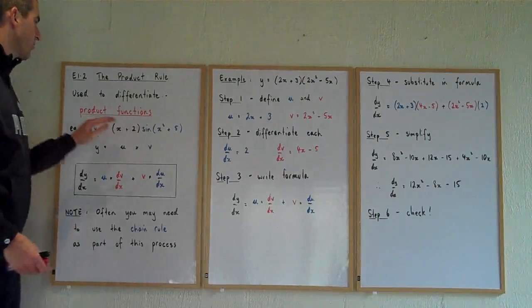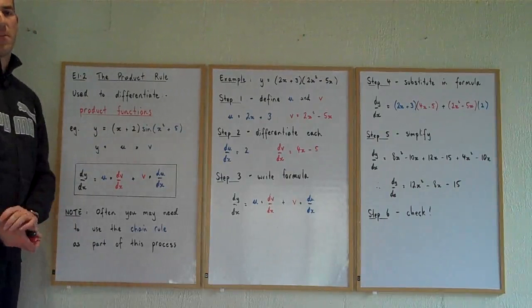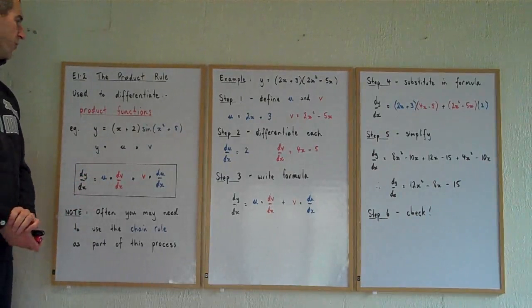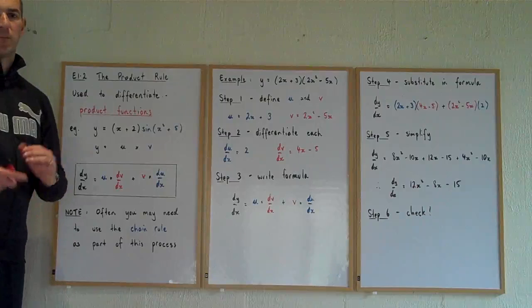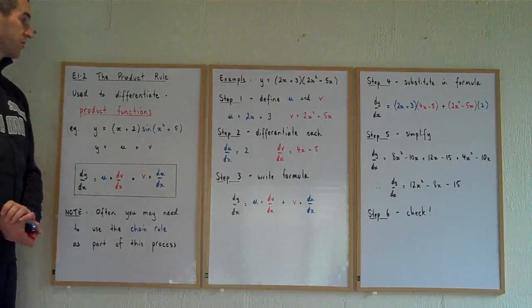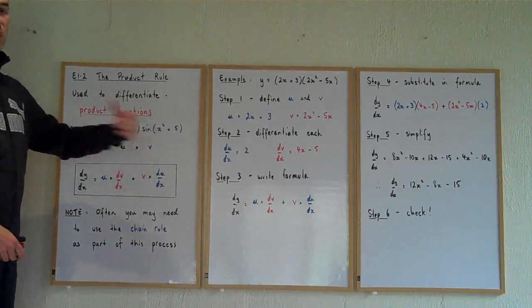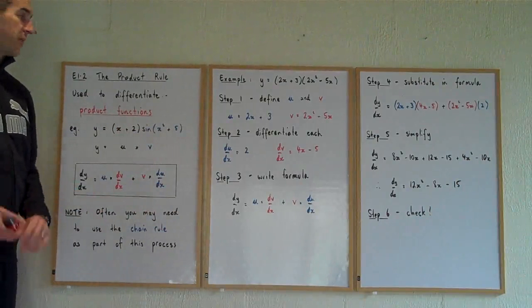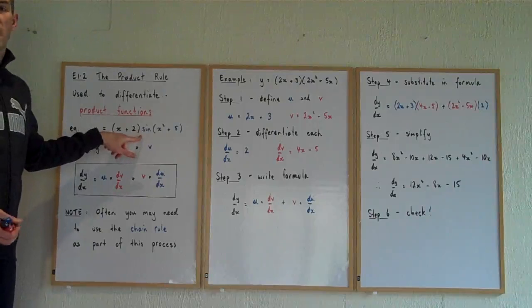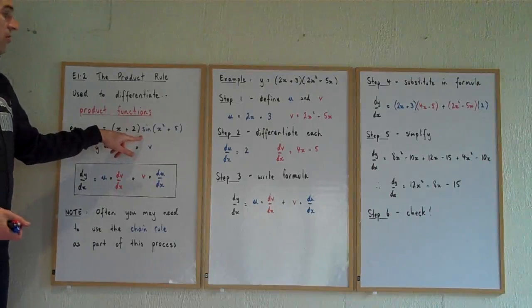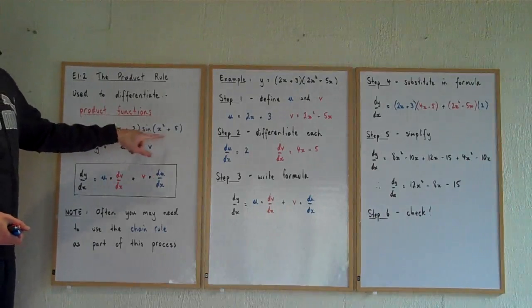Now, the types of functions we're looking at are called product functions, but they're no different to functions that you've seen before. An example that's beyond our capabilities at this point of the course to differentiate would be something like x plus 2, lots of sine x squared plus 5. So you've got two separate functions. Now, algebraically, we don't have a multiplication in between those two, but we're obviously multiplying this first part by this